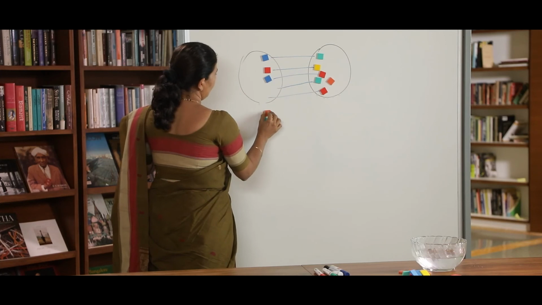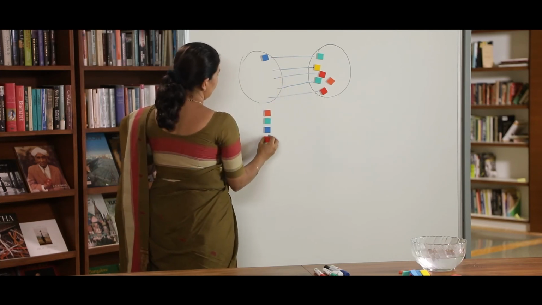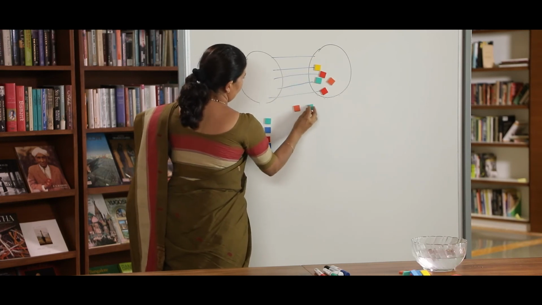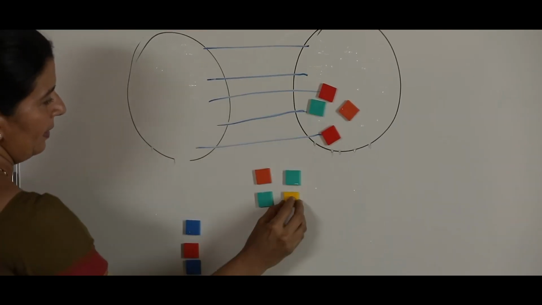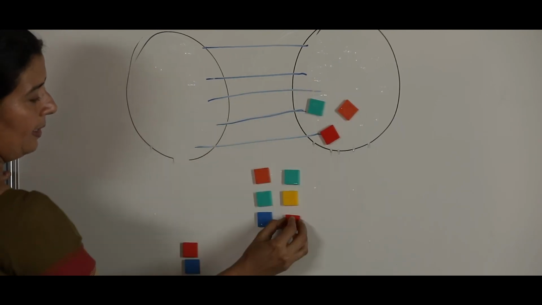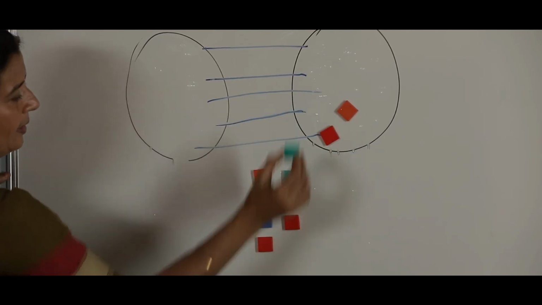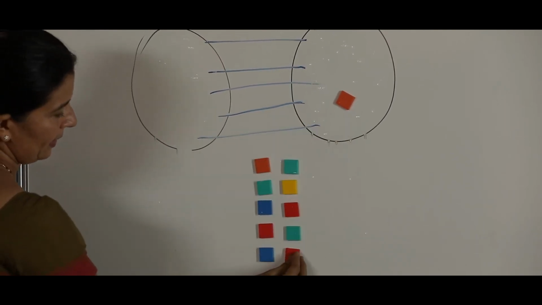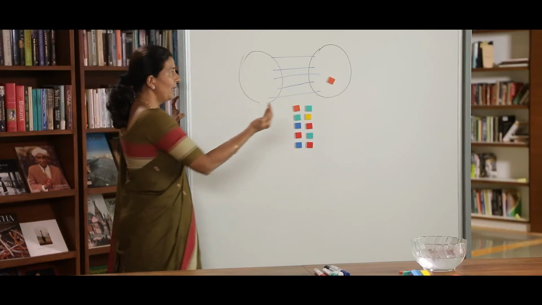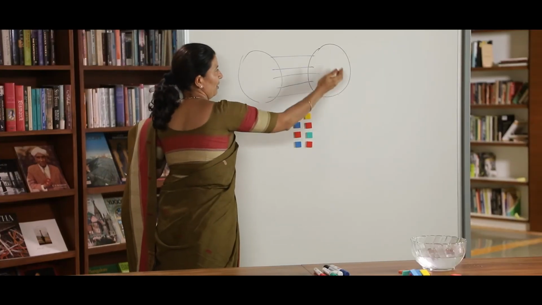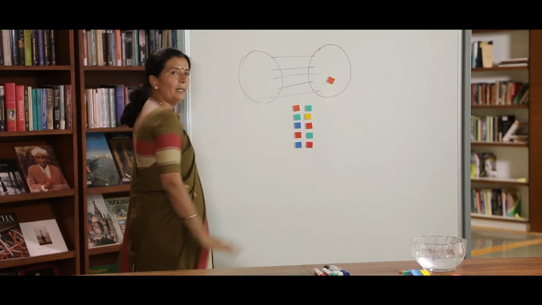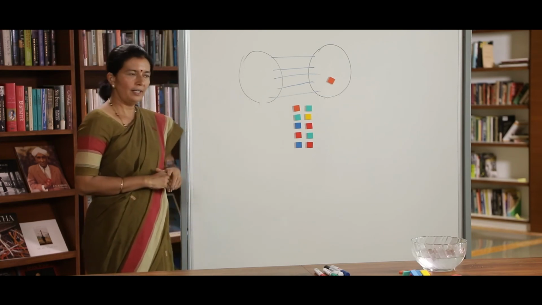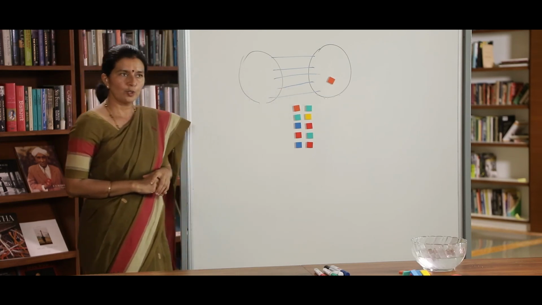You have observed here the way we matched one with the other. Similarly, what will happen when we place them this way? I will place this one next to the other. I will take one from this group and one from the other. Like this, when we place them here, finally, which group has more? One is remaining here. That is why this group has more objects. The children will clearly understand this in this way.